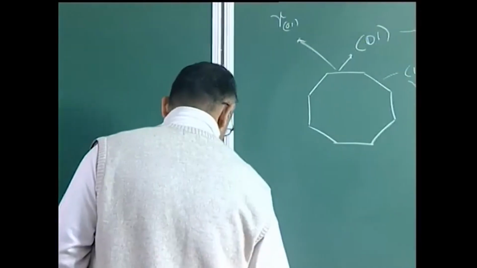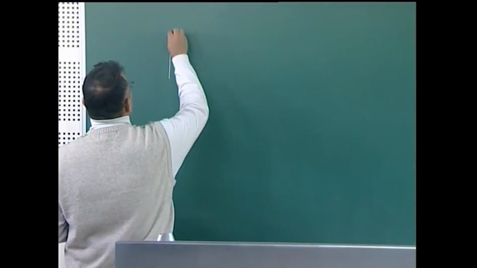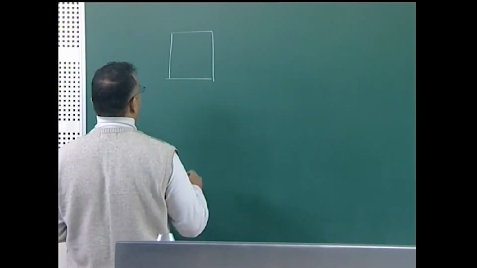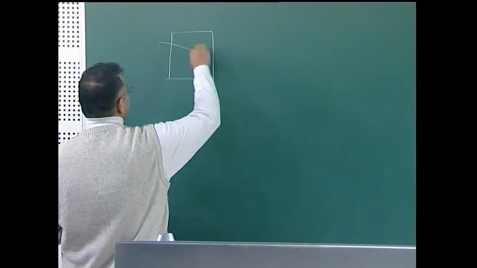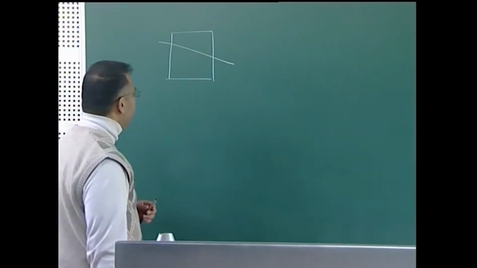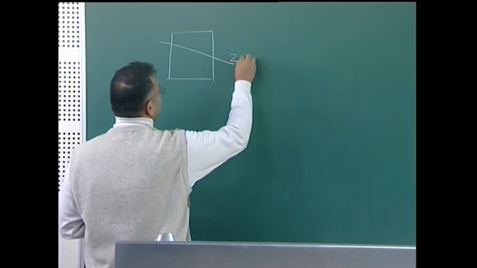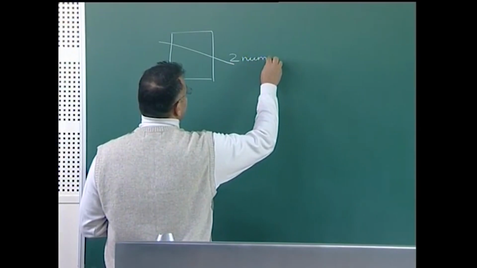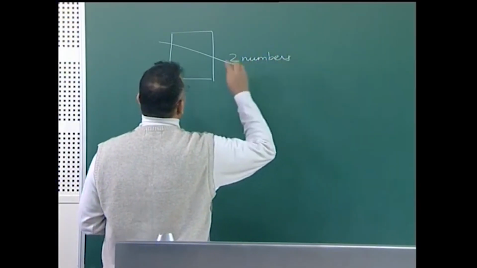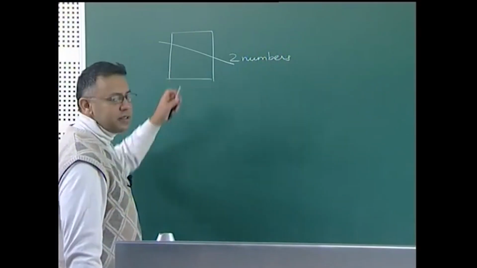Macroscopically, suppose I want to construct a surface from an infinite material, then I need to perform a cut. This cut itself will require 5 numbers to specify. So, for now I will simplify the problem, and I will say, suppose I want to make a surface, then I need a certain orientation at which I need to make this cut, and this orientation can be given by 2 numbers or 2 independent Miller indices in 3 dimensions,